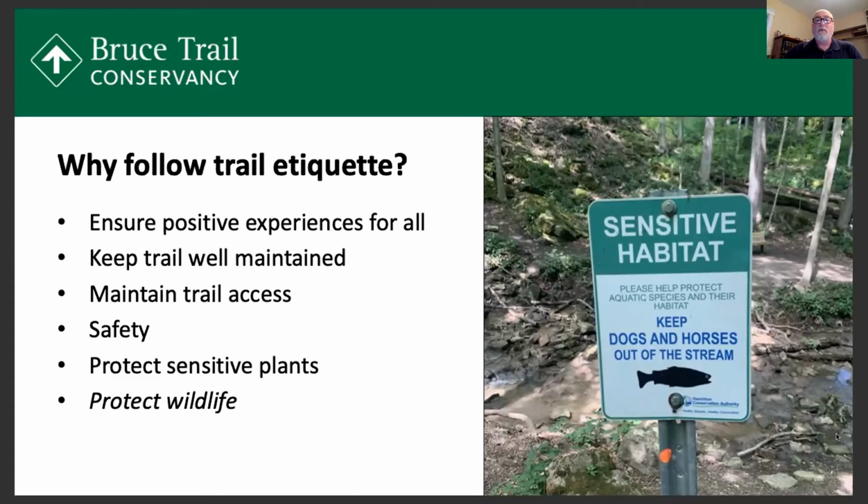And if they start finding that people aren't necessarily following the trail anymore and are trespassing onto their property, which happens all the time, then we're at risk of the trail itself being thrown off of their property. And then there's a continuity issue. What we generally have to do is route the trail on a road. So following or not following the rules, rather, is something that could jeopardize the experiences of everybody